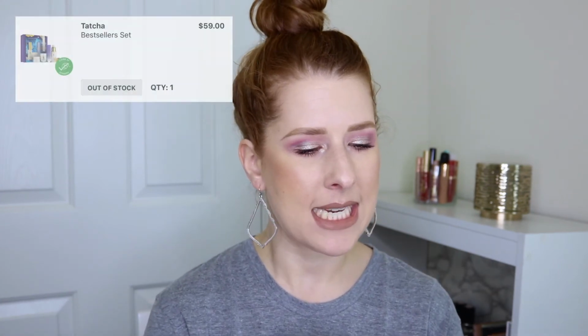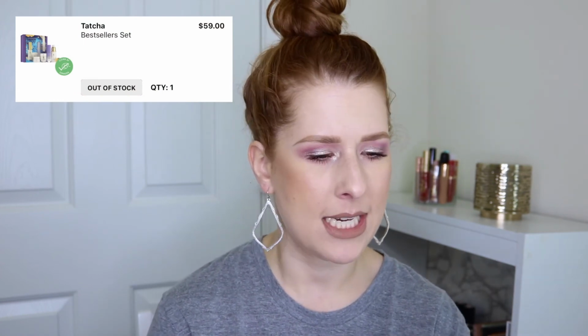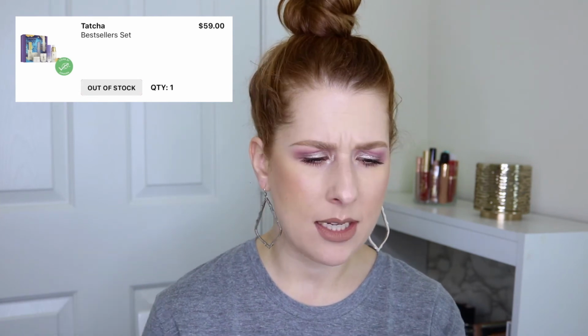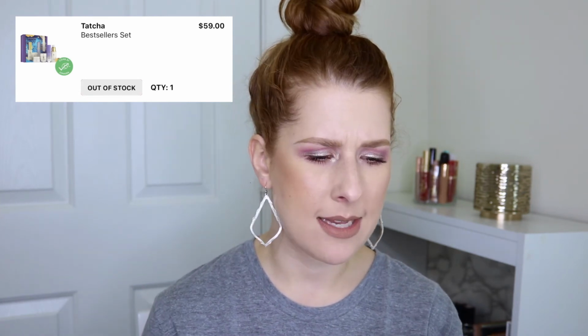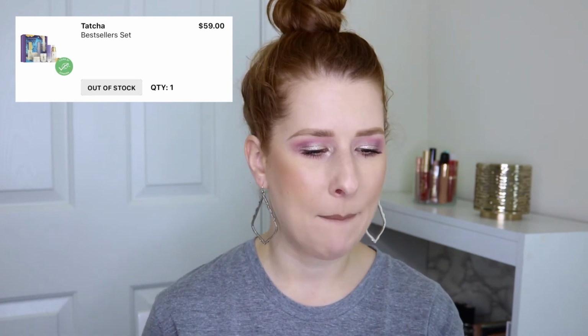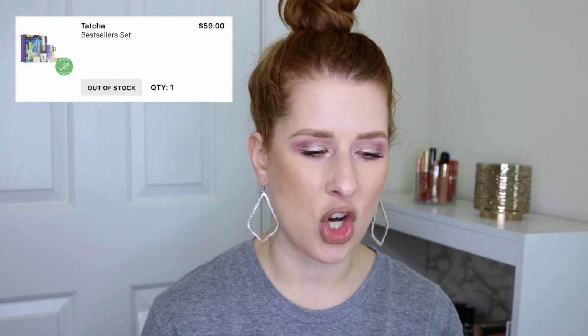Then I made another purchase again online, and this was just a few days later on April 22nd, but I only got one thing, and it was the Tatcha's Bestsellers Kit. And in that kit, I'm trying to see what it came with. It looks like it came with the Dewy Spray, the Luminous Dewy Skin Spray, the Camilla Cleansing Oil, the Rice Polish, and I'm not 100% sure what's in that jar, but because it's white, that might have been the Silk